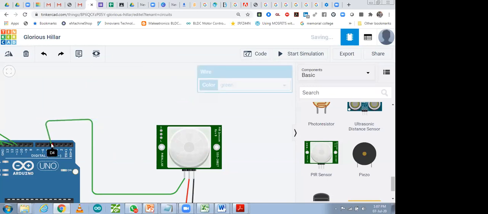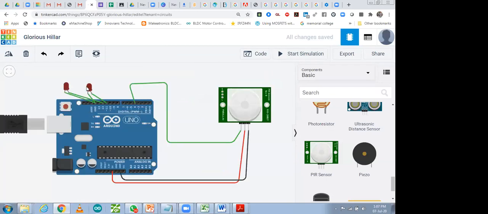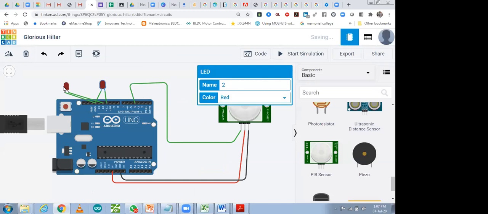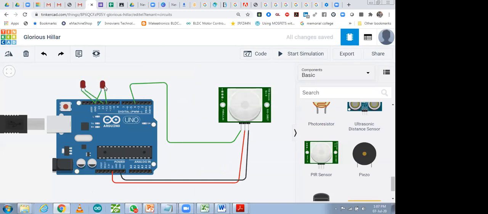So at pin number 4, you can see we have connected it, and now I'm going to check it in my serial monitor also. These LEDs I'm not using right now. I'm only using the sensor for reading. You can remove them also. Those LEDs, I'm not going to use.